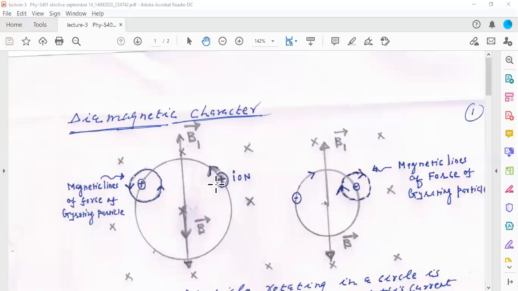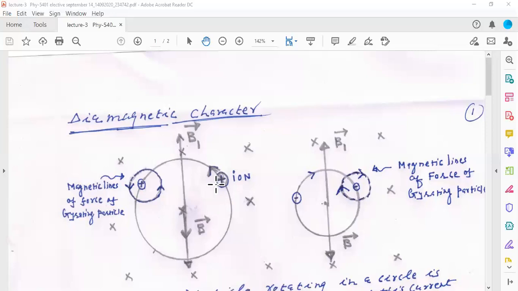In that case the curvature of the fingers of the left hand will indicate the direction of gyration of the ion in the uniform magnetic field. And here you will find that the ion is gyrating in an anti-clockwise direction and the electron is gyrating in a clockwise direction. But because the gyrations are in opposite directions, the ring of current which you obtain will